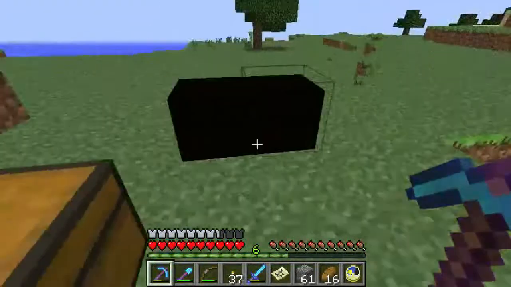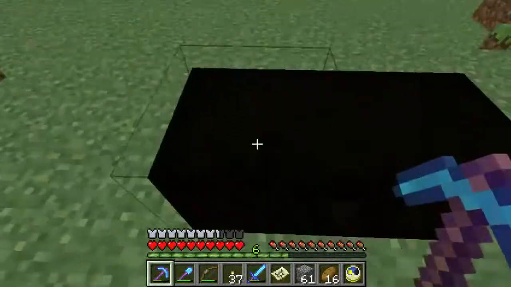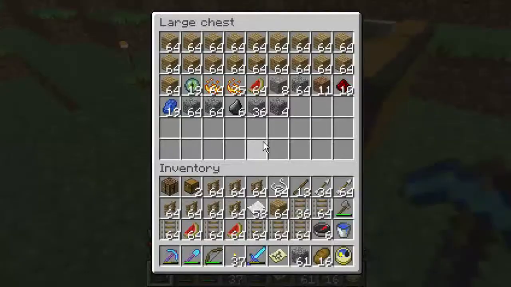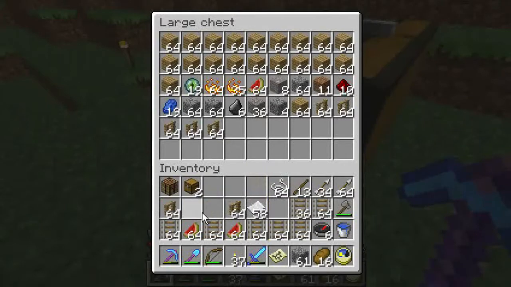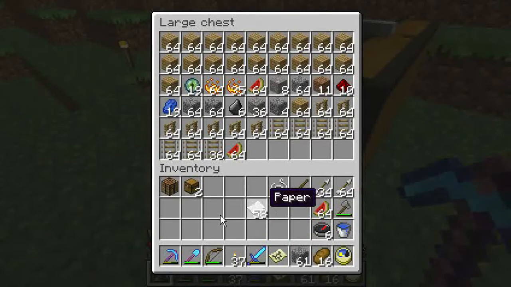Alright, I've got a lot of stuff out here now, and I add some more to it here. Alright, now let's figure out what I'm going to take with me. I'm going to take the Eyes of Ender,